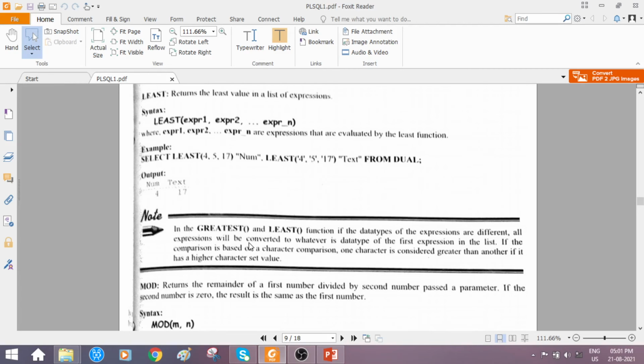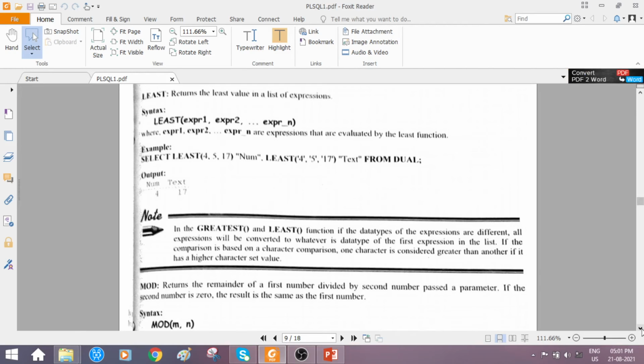So that is the meaning here: all the expressions will be converted to whatever is the data type of the first expression in the list. If the comparison is based on character comparison, one character is considered greater than another if it has a higher character set value. As I told you all, the ASCII values are considered for the character type of data or expressions.